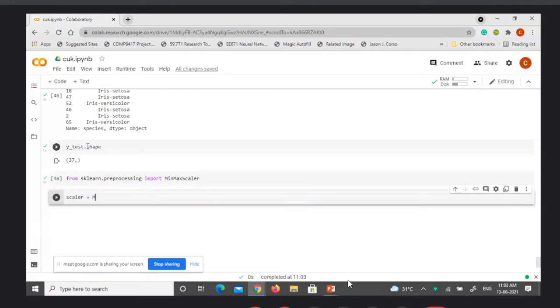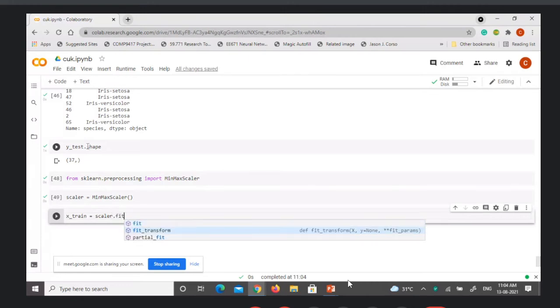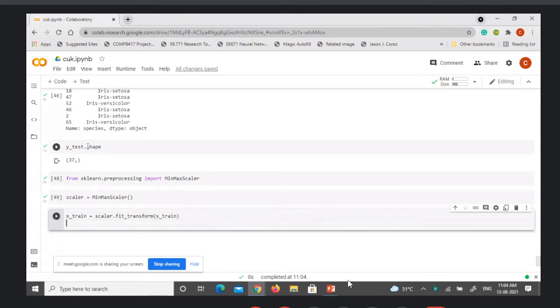Use that, call the constructor of that and put it in a scaler. And now you can use fit transform on X train, and similarly on X test.